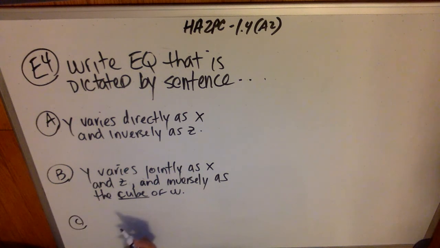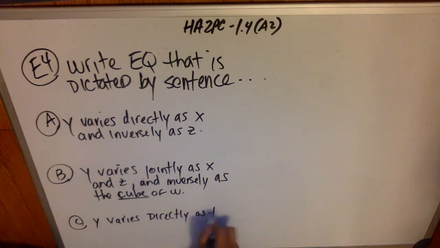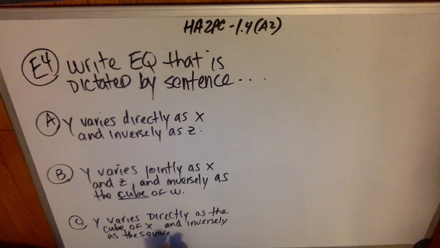In C, we'll say y varies directly as the cube of x and inversely as the square root of z. Okay, so these are all combined variation, and really all I want to show you here is that